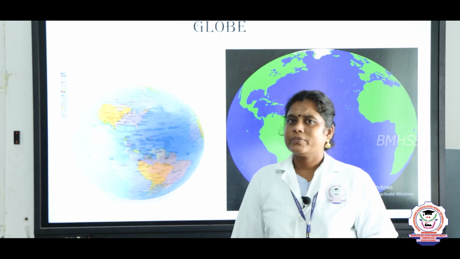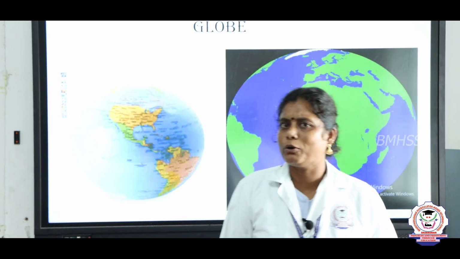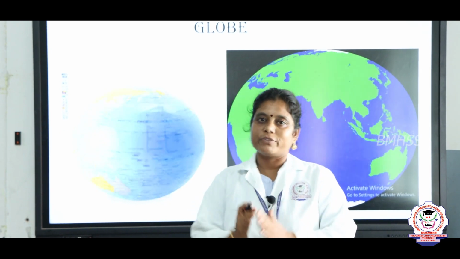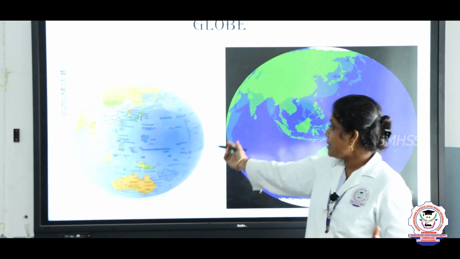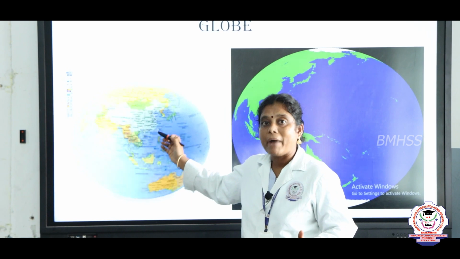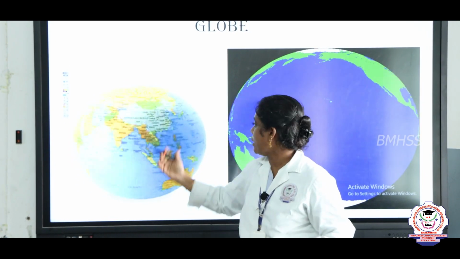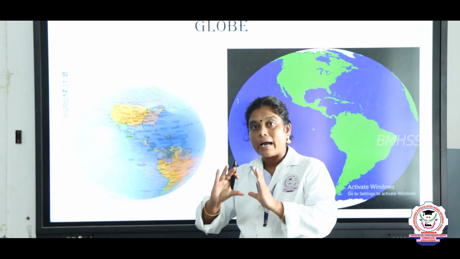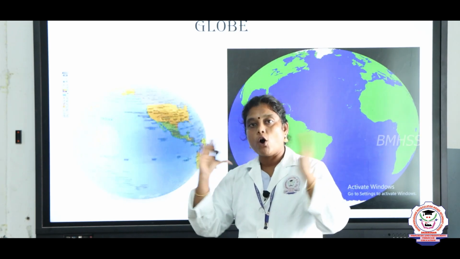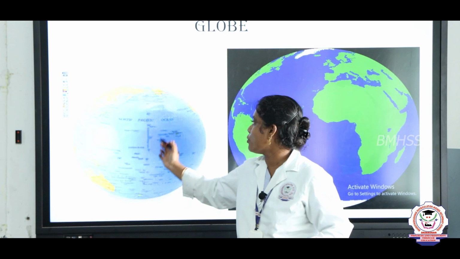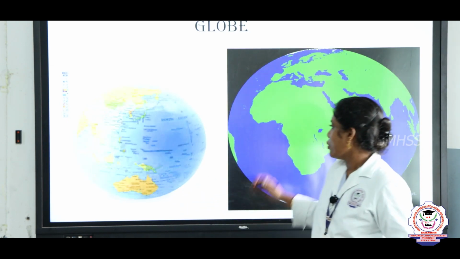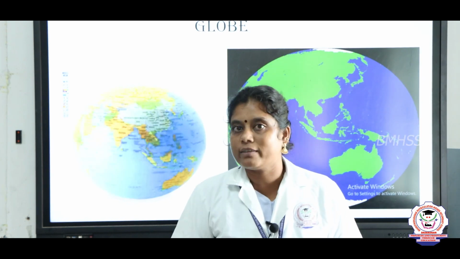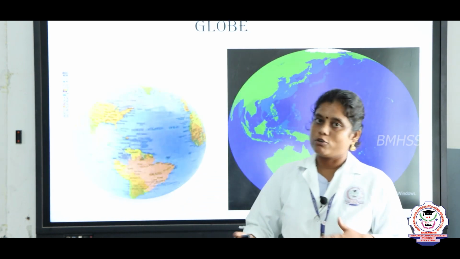First, globe, that you know very well. What does globe mean? A globe is a very small model of the earth. We may also say it is a printed map onto a sphere. Can you look at this, children? This is known as the printed map. So a printed map onto a sphere is known as a globe. And a globe is very useful nowadays for locating the places and also the oceans.